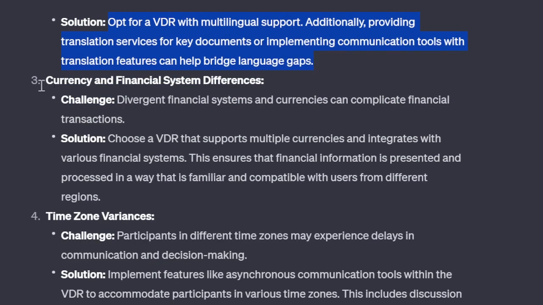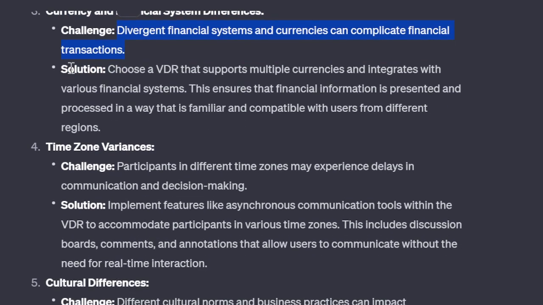Number three, currency and financial system differences. Divergent financial systems and currencies can complicate financial transactions. Solution: choose a VDR that supports multiple currencies and integrates with various financial systems. This ensures that financial information is presented and processed in a way that is familiar and compatible with users